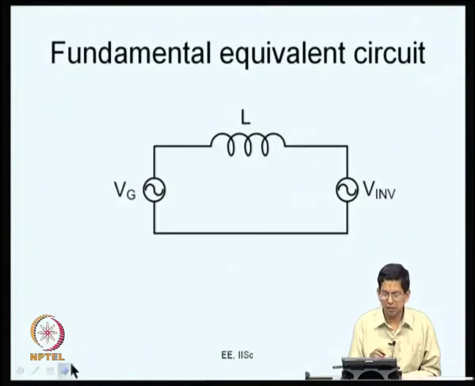So, if you are interested in the fundamental current, you want to see how much fundamental current is drawn, the ripple voltage produced by the inverter makes no sense here, they are at various frequencies. So, what you have is the grid voltage and this side the inverter output fundamental voltage, the fundamental voltage on the inverter line side, and then the leakage inductance comes in between. This circuit helps you calculate the fundamental component.